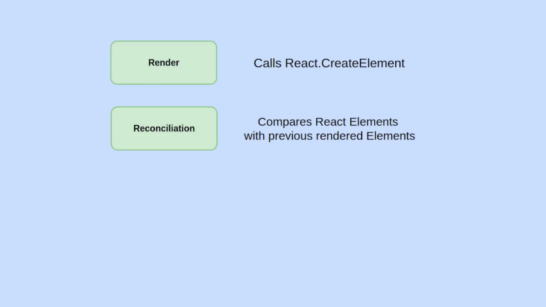This is not done yet. So finally we have another phase called the commit phase, where it actually updates the real DOM. That is why I am saying that this is the slowest phase. As it is the slowest and DOM manipulations are costly, React does it in batches. So it is not the case that there is a change in the state and it will directly make the update. It actually does all those updates to the tree in batches.